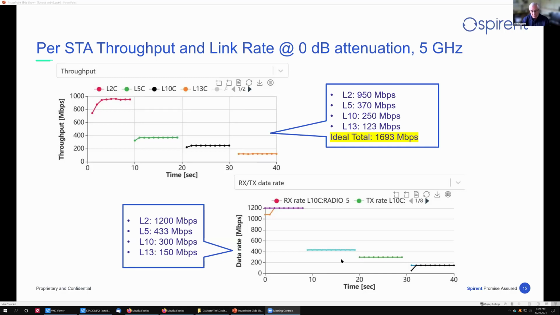Each station is allowed to get its best throughput. You'd see about 1.7 gigabits of total throughput. And you can see from the link rates below that they're able to achieve the maximum link rates with no attenuation put in between. The link rates range from 1200 or 1201 down to 150 megabits a second for the single stream n.